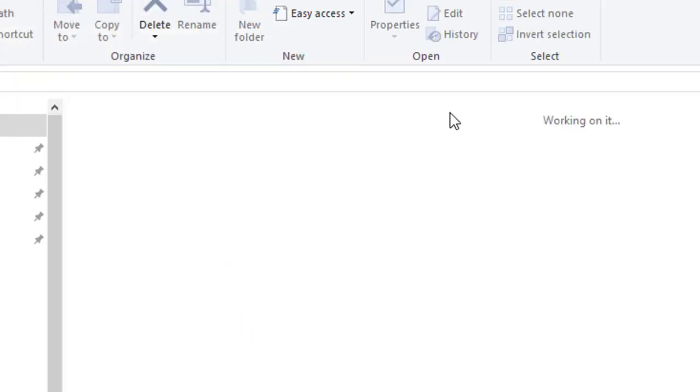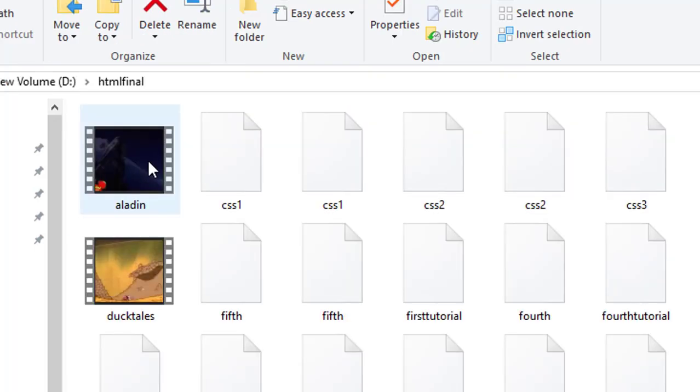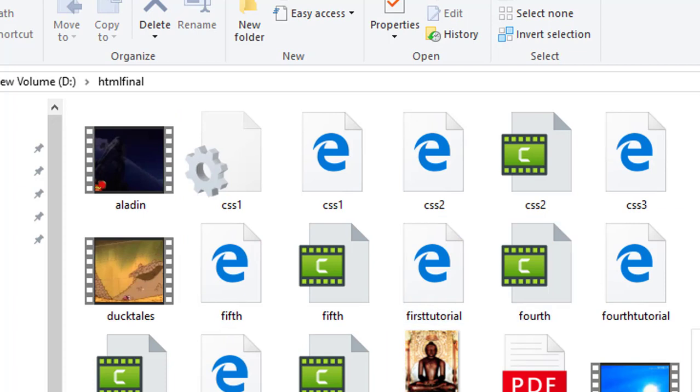So open that folder, D drive, HTML final, JS tutorial 3, just run it. Okay, we haven't created anything at this moment, so it will not display anything, but now